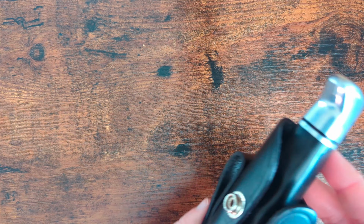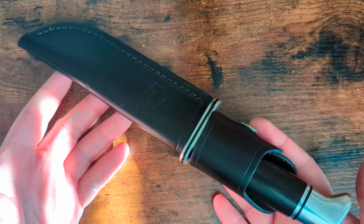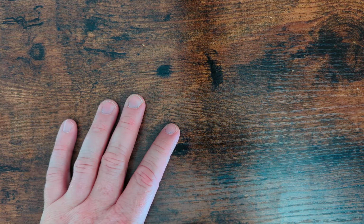Comes in this nice black leather sheath as well. So, real nice fixed blade, made in America, under 100 bucks. All right, next